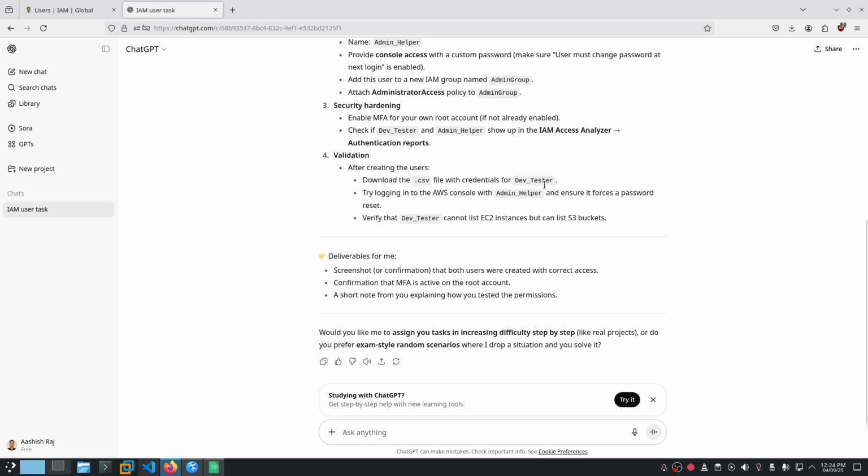Credentials for dev tester. Try on AWS with the admin helper and ensure that it forces a password reset. Verify that it cannot list EC2 instances but can list S3 buckets. Okay.